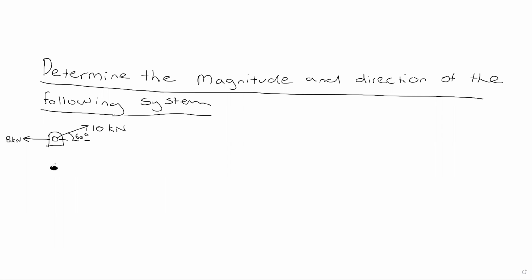From the point there's an 8 kilonewton horizontal force, and we then have a diagonal force of 10 kilonewtons, which is at an angle